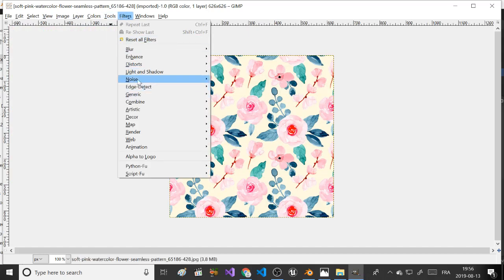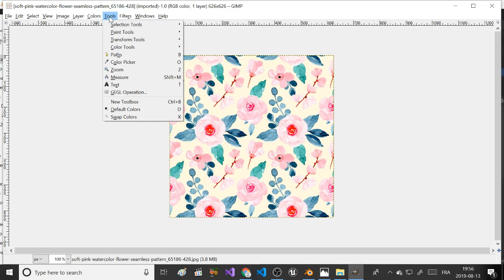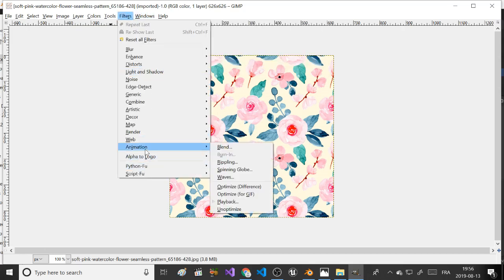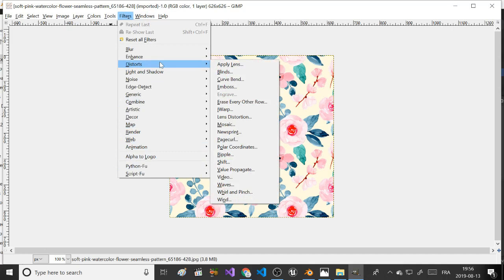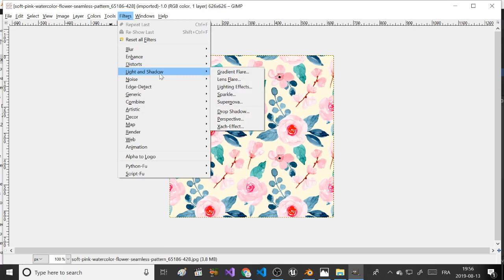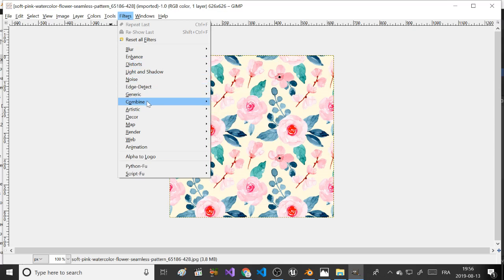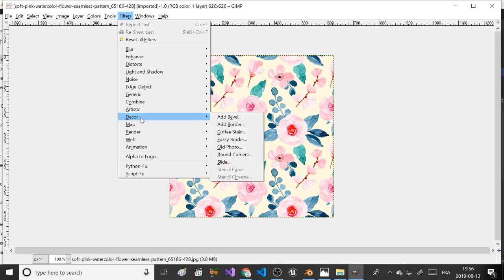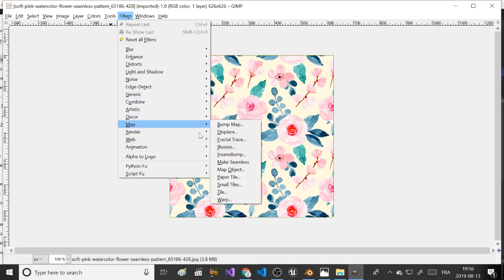I always forget where it is, so it's tool here, light and shadow. I always forget where it is. Because I think I had two GIMP installed on my PC, so on one, okay, it's map here, sorry,